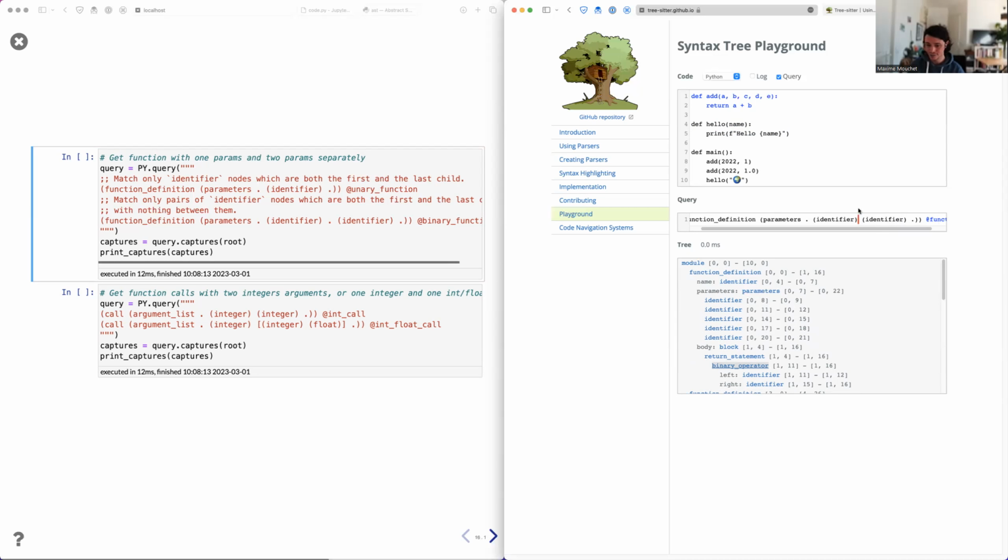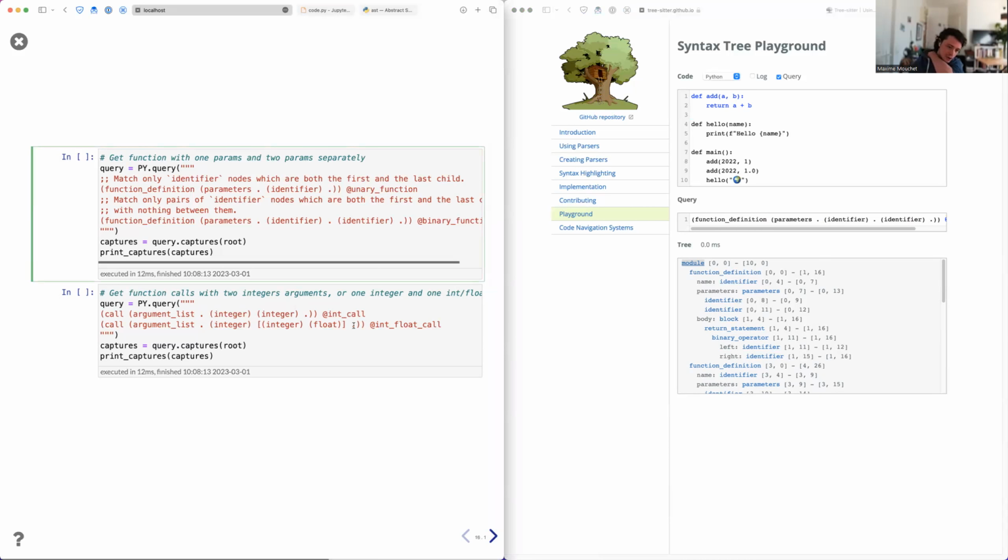So if we want to enforce the fact that we want just two identifiers, we add another dot. And in this case, it means there can't be anything in between here, anything in between here, or anything in between here. And now it will match only functions with exactly two arguments. So we can do this. And one last example: let's say that we want to match function calls, but based